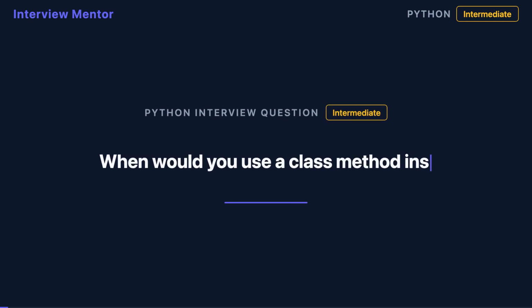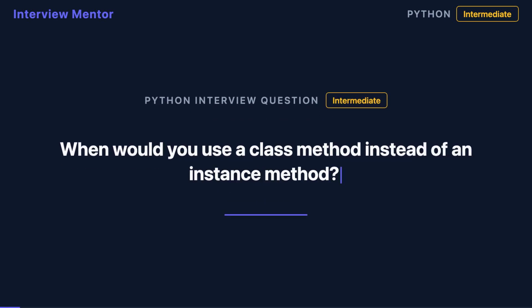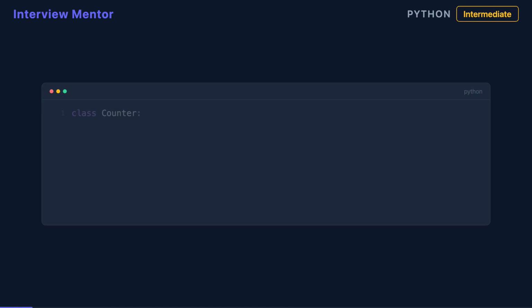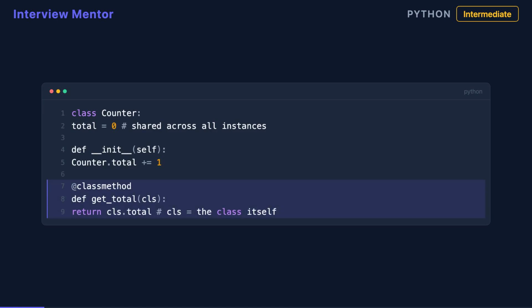Why do some Python methods use cls instead of self? Here's what that distinction actually unlocks. Instance methods receive self, a reference to the specific object you're working with. Class methods use the @classmethod decorator and receive cls instead, a reference to the class itself, not any individual